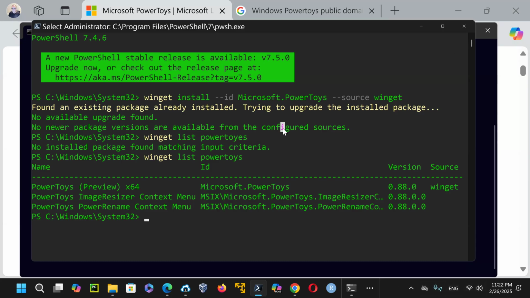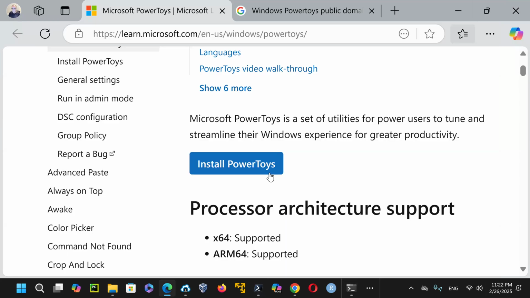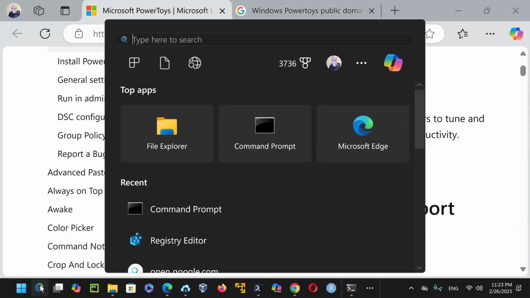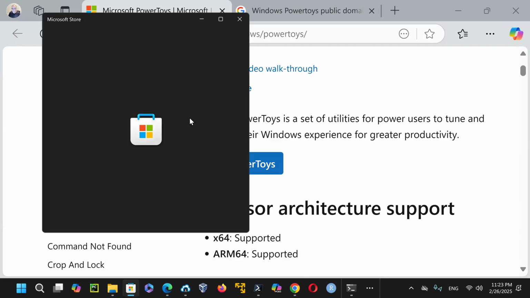Now I'm just going to minimize this window, and I say, okay, that's great. I can also click here to install it from the Microsoft website if I don't have it. But if you want to do it through Windows Package Manager, winget is very powerful. You could just do it the way I showed you from the command line. If you prefer the graphical interface, from the website you could just click here and install it through that. Or just open the Microsoft Store and type in